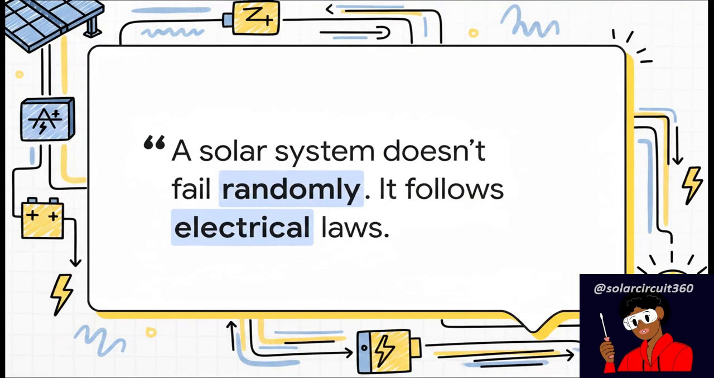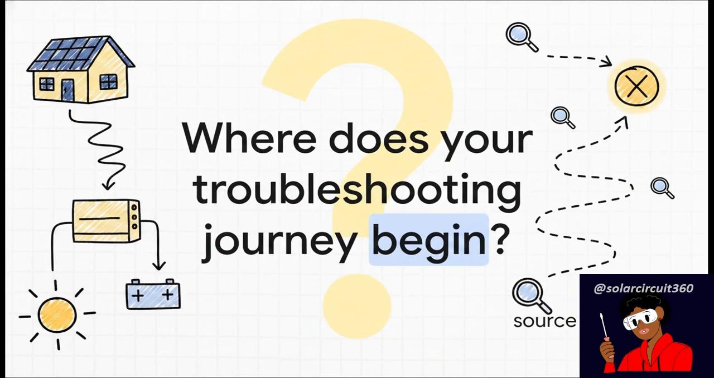Let's end with this core principle, because it's the whole point. A solar system doesn't just fail randomly or by magic. It always, always follows the fundamental laws of electricity. So when you follow the flow of energy logically, panels, wiring, controller, battery, inverter, the problem has nowhere left to hide. You will find it. By following this workflow, you're not guessing anymore. You're investigating, you're using logic, and the fault has no choice but to reveal itself. So the next time your system acts up, you won't feel that panic. You'll know exactly where your troubleshooting journey begins, at the beginning,